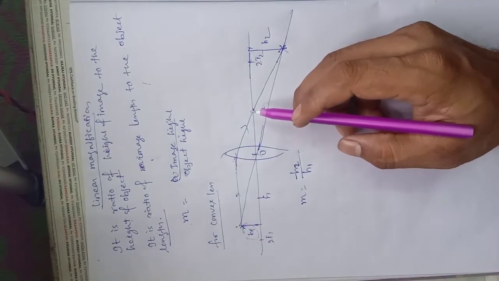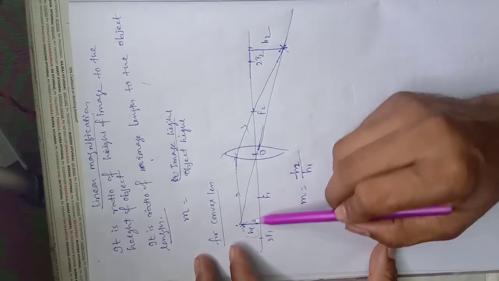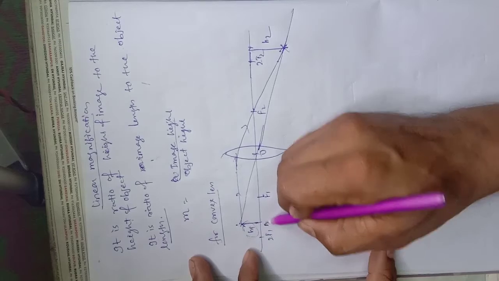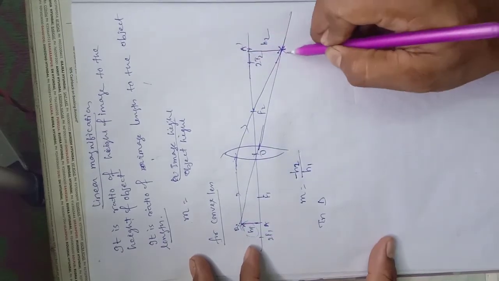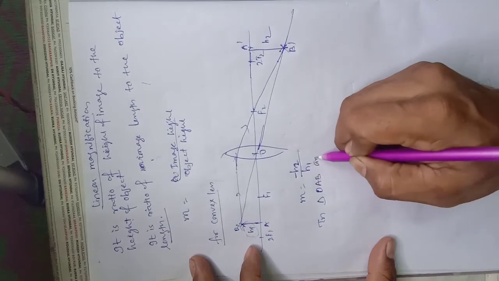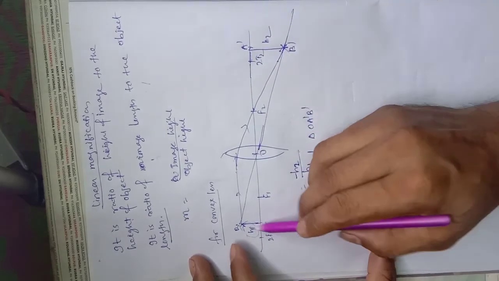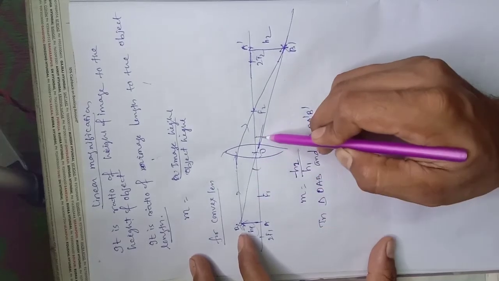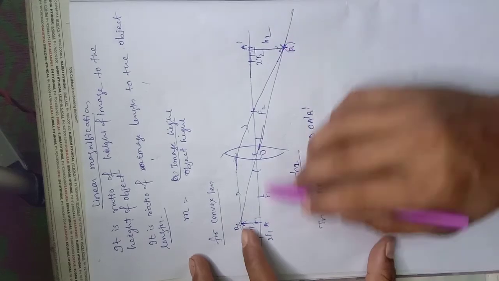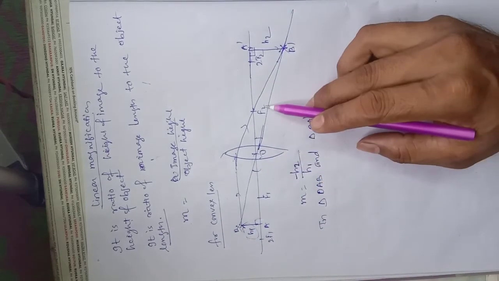Now there is another relation, in terms of image distance and object distance. How can you find it? We consider triangles: let the object be AB and the image A dash B dash. Consider triangle OAB and triangle OA dash B dash. These two triangles are similar. As already told, the opposite vertex angles are equal and there is a 90 degree angle in each, so the third angles are equal. When two triangles are similar, the corresponding side ratios are proportional.